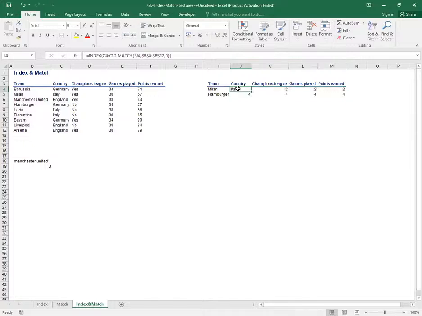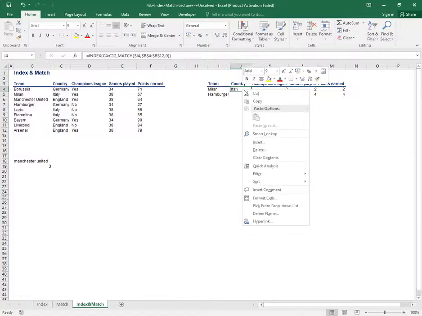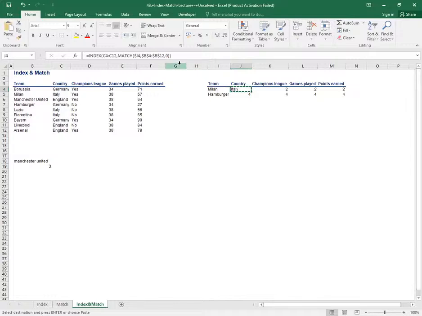If Milan comes from Italy, ladies and gentlemen, no problem. I would want to populate the entire thing as I finish. So I'll come and cut, not cut, but copy. So I'll copy like that. Once I copy, I will come and take everything like that. So ladies and gentlemen, I'll come and press enter. When I press enter,